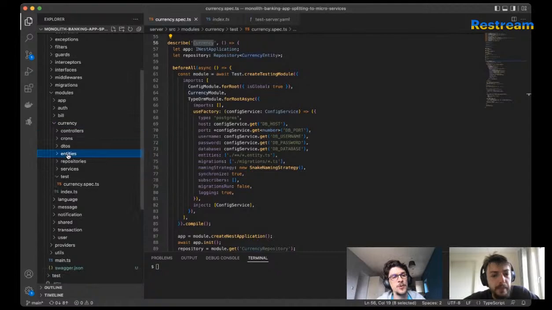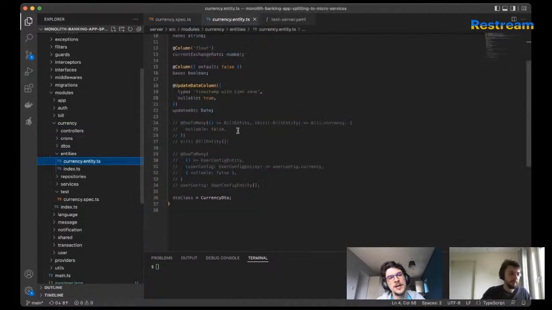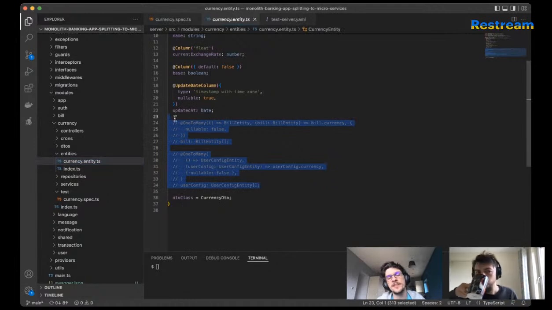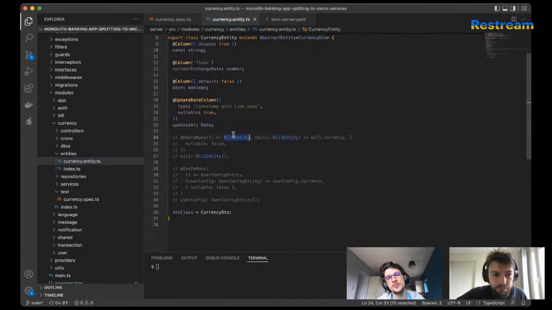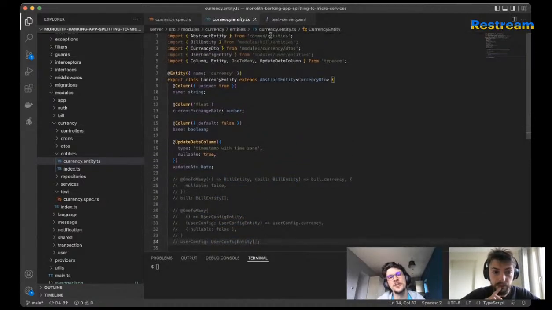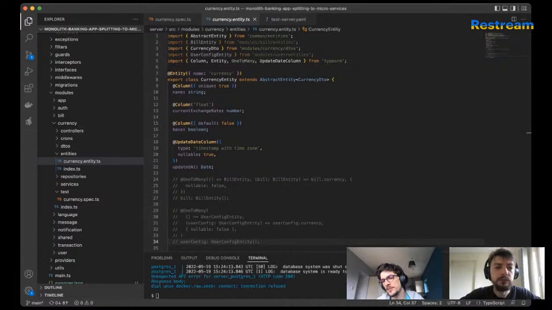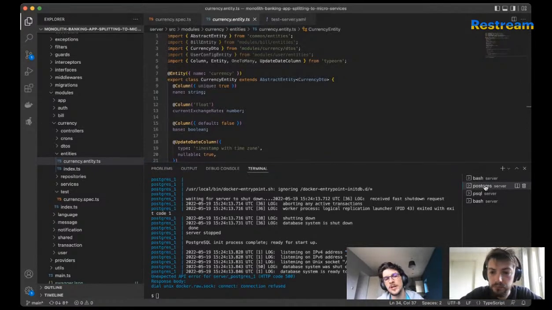Yeah. So one of the things that I had to do was remove an unnecessary relation inside the currency. Currency was referring to the bill entity, and also it was referring to the user config entity. Why is it unnecessary? Because if you imagine what currency is, let's basically have a look at what currency is. So if we go to our